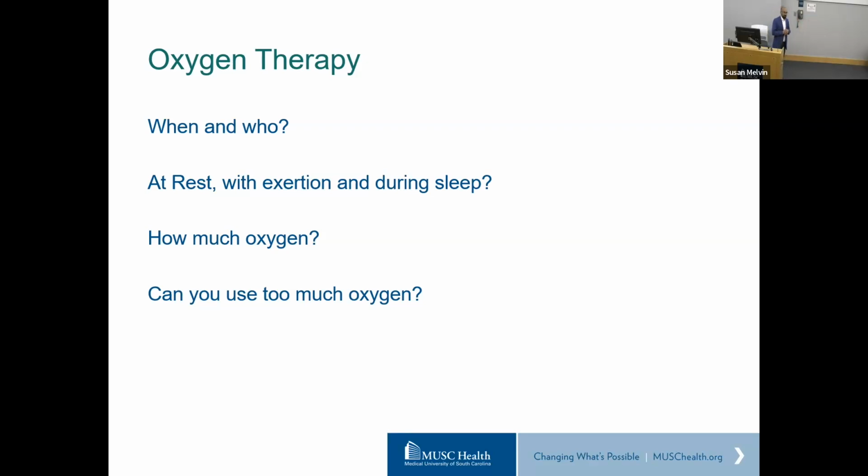How much oxygen do you need to use? That's an important question because the amount of oxygen that you need can vary. It can go up and down. And a lot of the time, the challenging aspect of scleroderma patients is, I keep pointing at my finger to get the pulse ox, but that is not very reliable when it comes to patients who do have sclerodactyly.